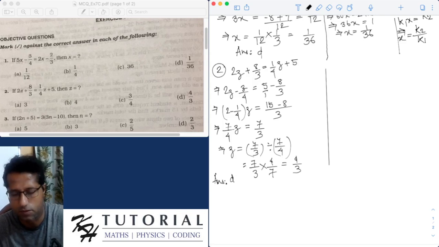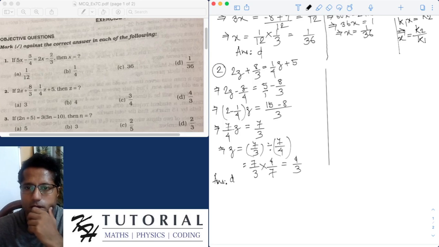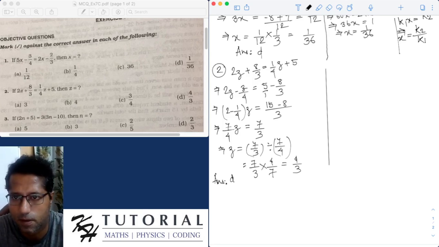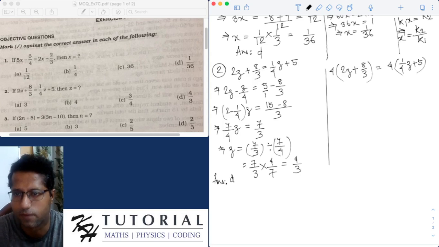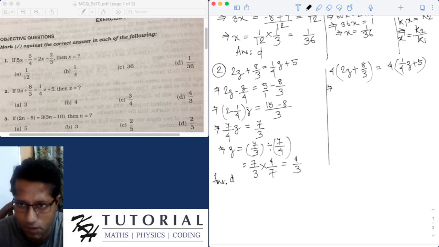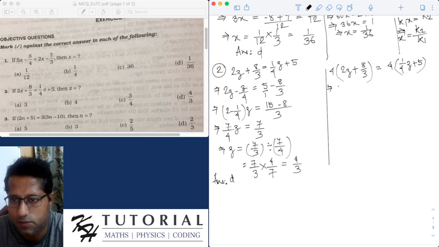Now let me solve this equation by multiplying, because we see that the variable term on the right hand side is in the form of a fraction. Its denominator is 4, so I will multiply both sides by 4. So if I do 4 into 2z plus 8 by 3 equals 4 into 1 by 4 z plus 5. Now if I open the brackets on both sides and do the products, it becomes 8z plus